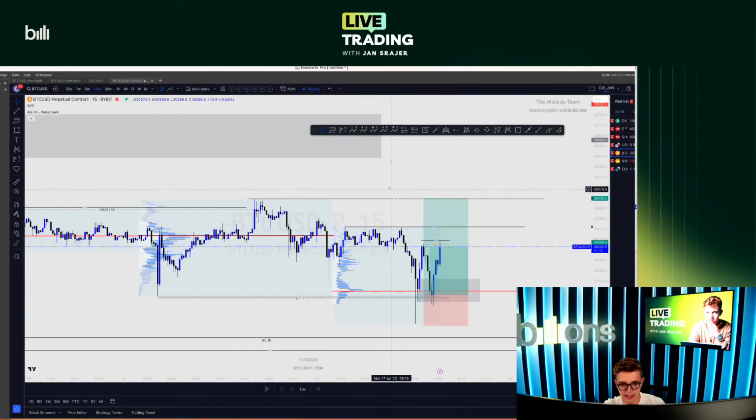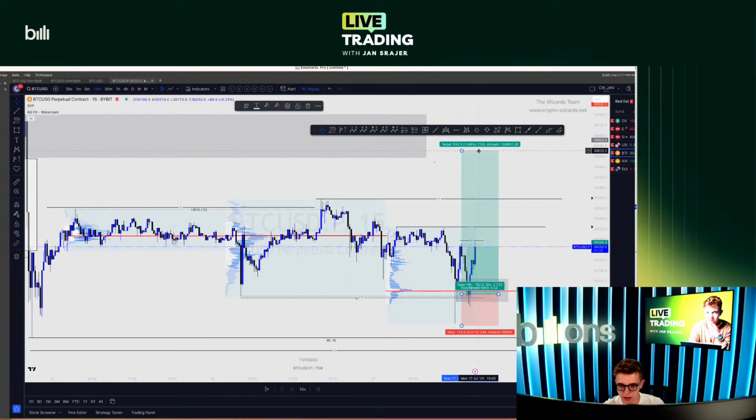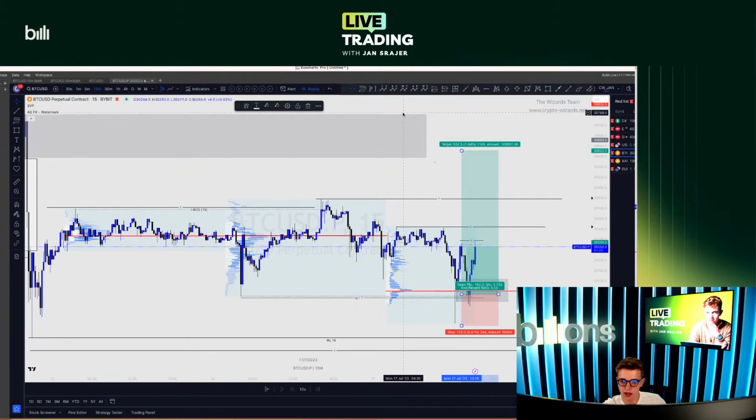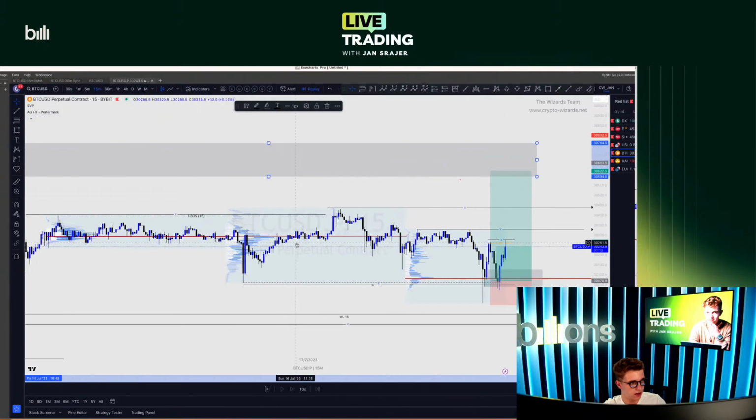So I'm gonna be targeting this high here. To me, it feels as a more high probability zone, and we could potentially be looking for a short out of it. But if we're not gonna get a swing failure and we will actually close above the level, yes, we can take this trade all the way up here to this 30,620 zone, which I also have on my chart. And this would give us 4.5 risk to reward on the trade.